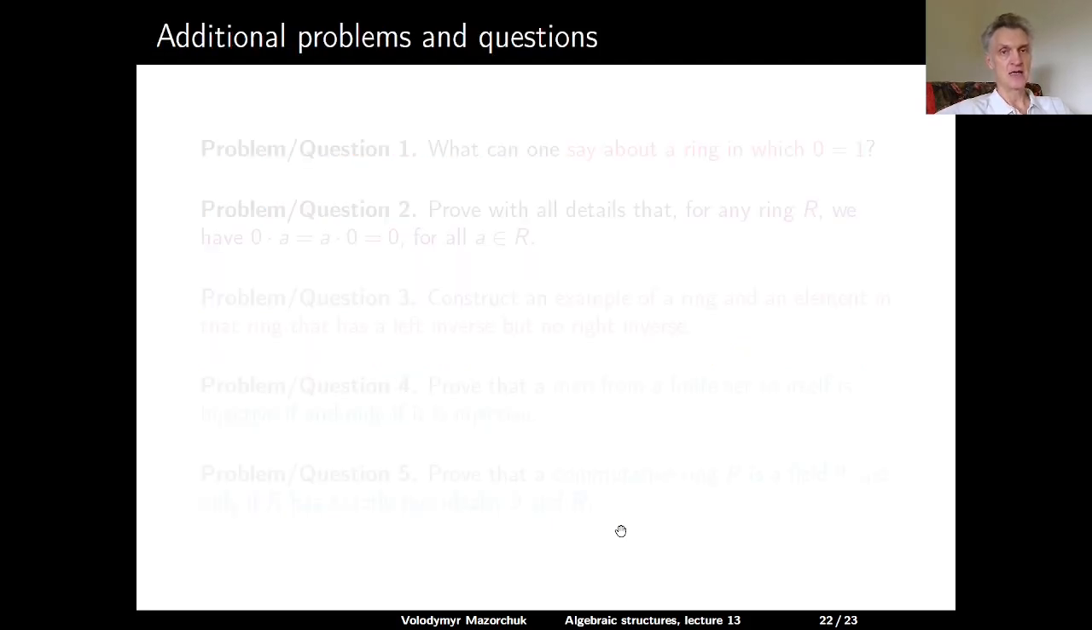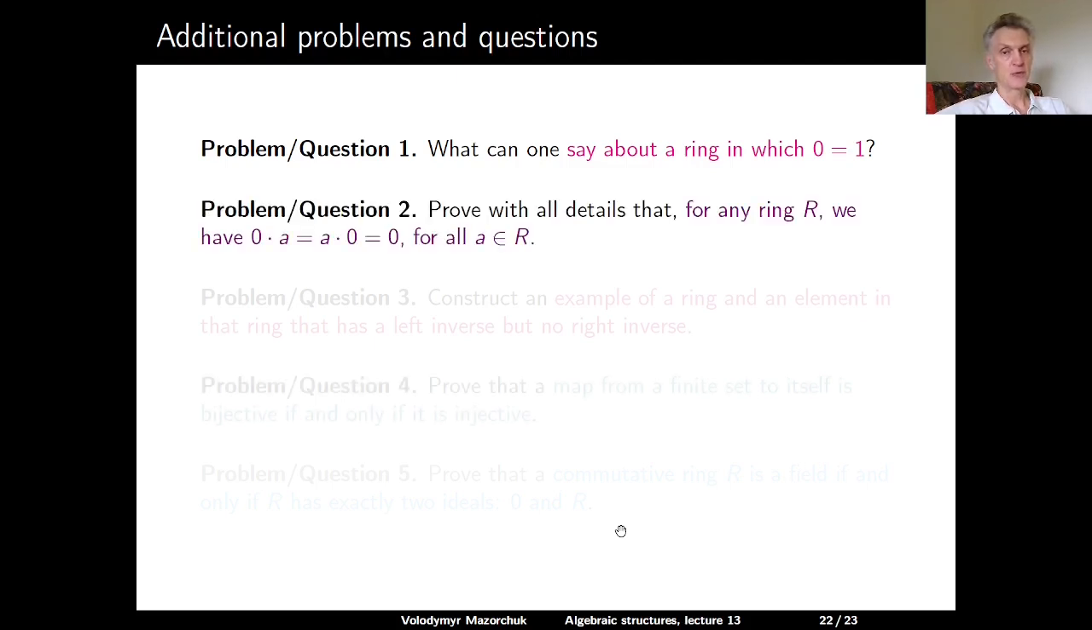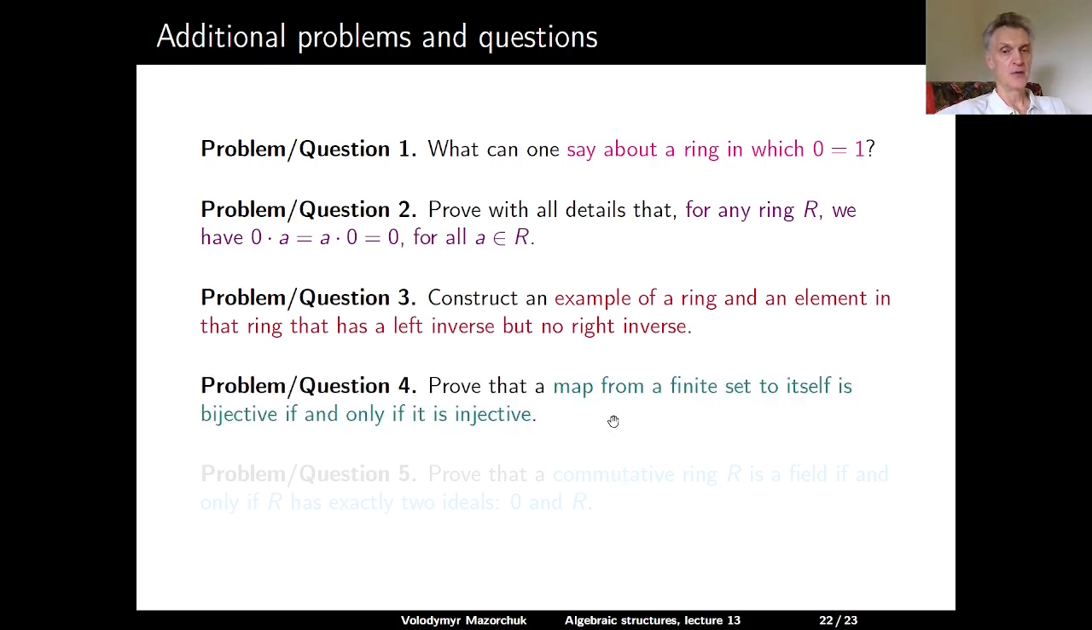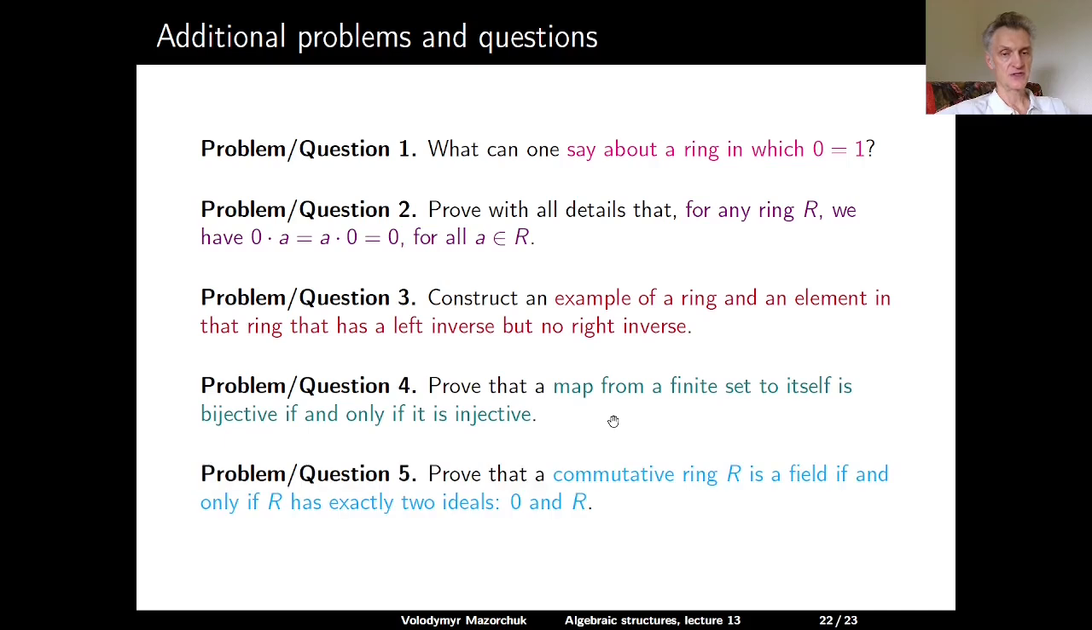Some problems and questions at the end. Problem 1: What can one say about a ring in which 0 is equal to 1? Problem 2: Prove with all details that in any ring R, the product of 0 with any element on any side is 0. Problem 3: Construct an example of a ring and an element in that ring that has a left inverse but no right inverse. Problem 4: Prove that a map from a finite set to itself is bijective if and only if it is injective. And problem 5: